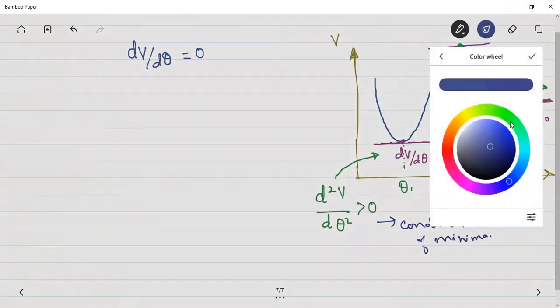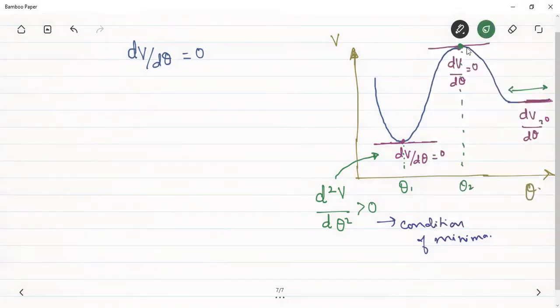Whereas in this case, the potential energy is maximum. Although the slope is 0, the potential energy is maximum. And what is the condition of maxima? The condition of maxima is that this second derivative should be